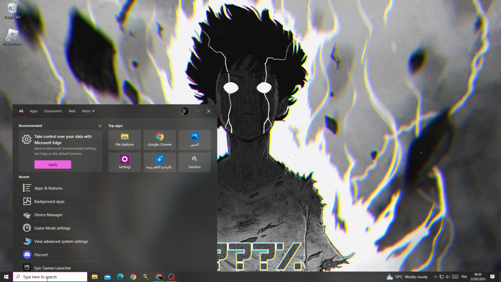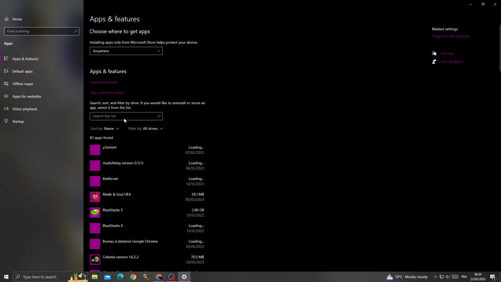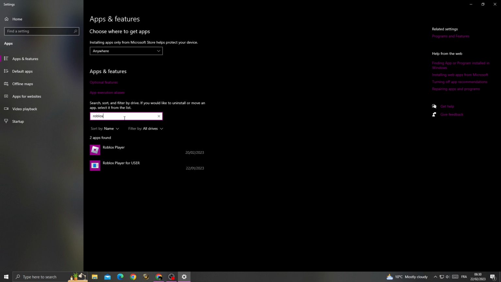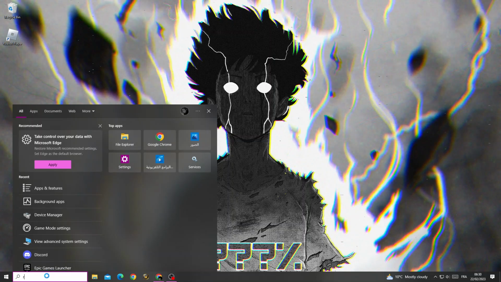type here apps and features, then type here Roblox. Now click on it and click on uninstall, and after that type here run,